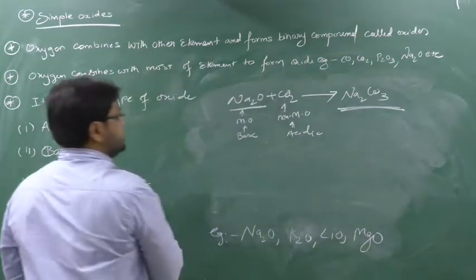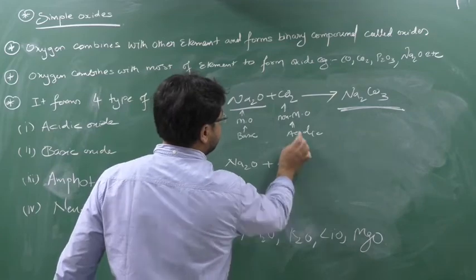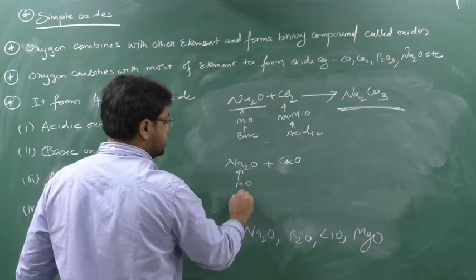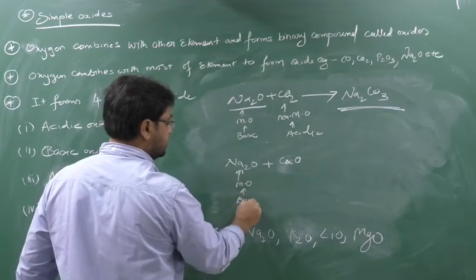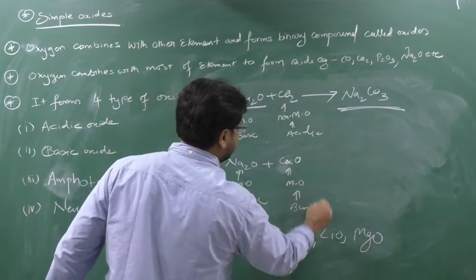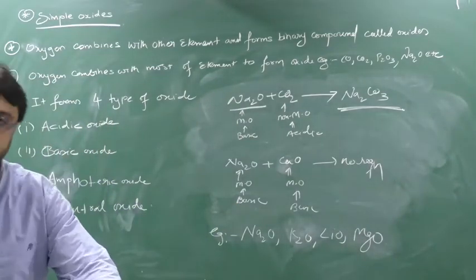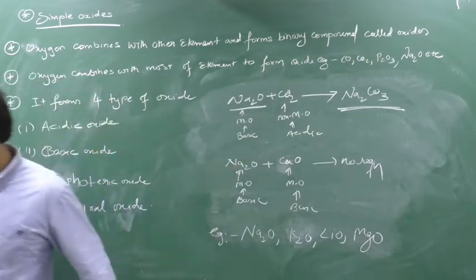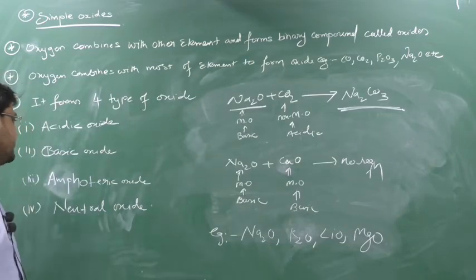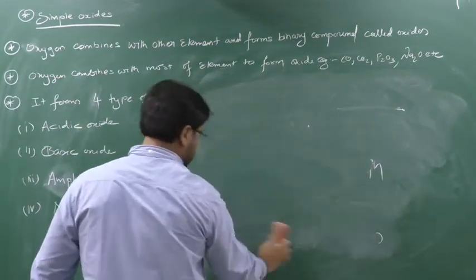Instead, if I take here Na2O, here Li2O, here CaO, see this is a metallic oxide, basic in nature. Similarly, this is also a metallic oxide, also basic in nature. What will happen? No reaction. Clear? Similarly, for non-metallic oxides also, no reaction. Clear this part? Okay. Write down next. Clear this portion. This is a very easy portion, man. Clear? Write down next. Done now? You took the screenshot? Write down next.